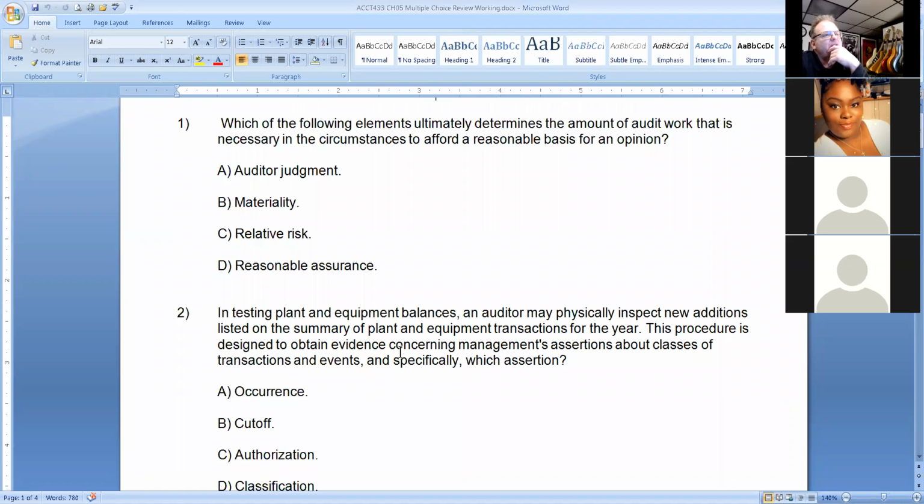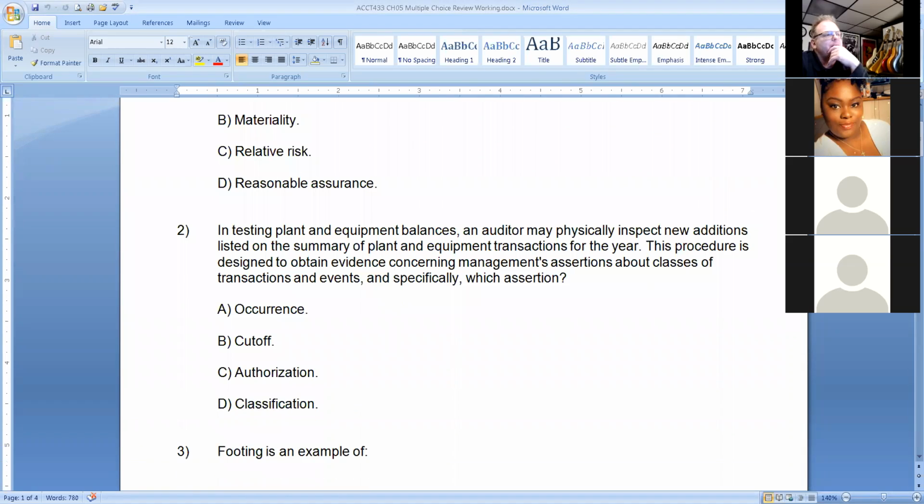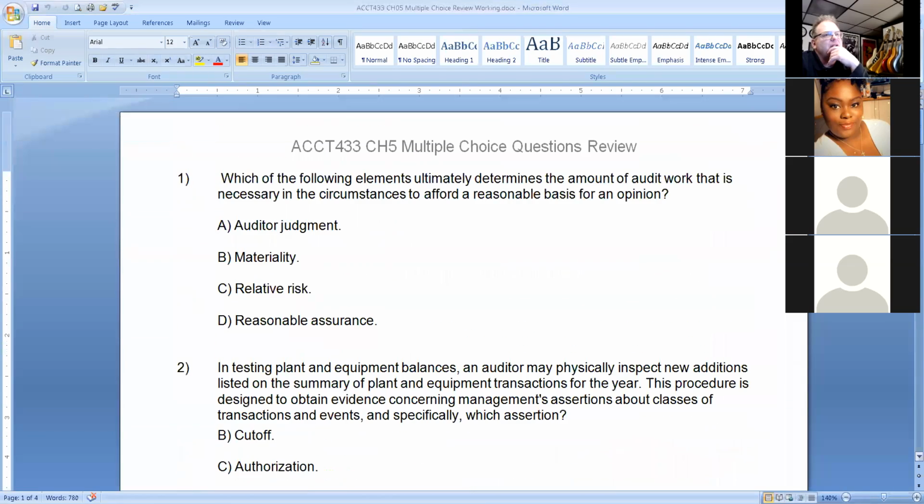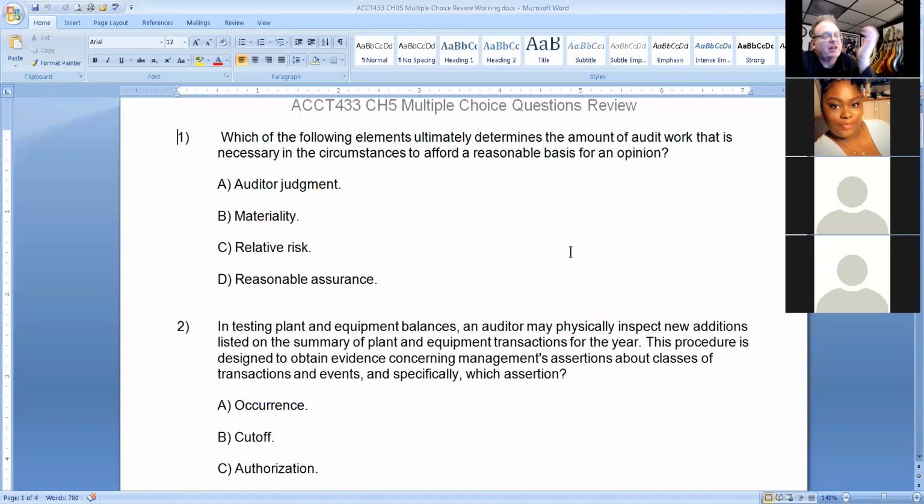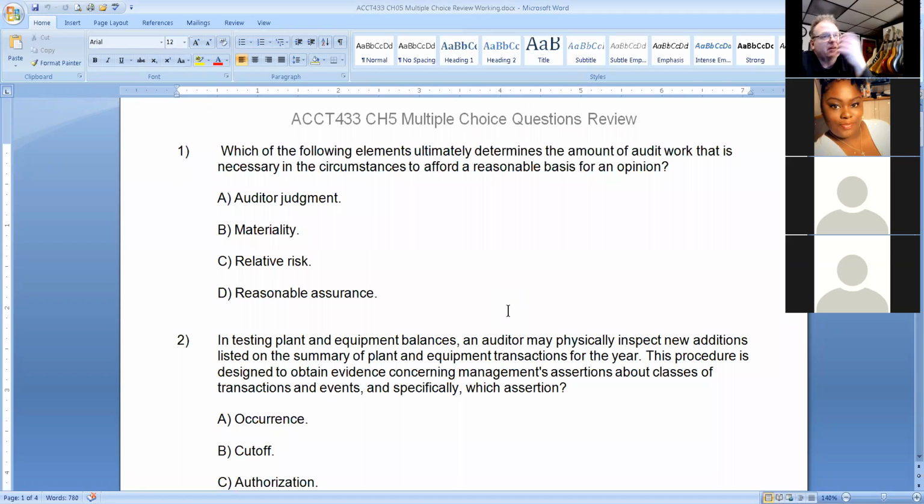Some of these are actual CPA questions from the CPA exam. There are a lot of actual evidence questions because evidence hasn't changed in 25 years or whatever. But the real rules for the CPA exam are that you pick the best answer. So it isn't the only answer a lot of times, it's the best answer. All right, so the first one,